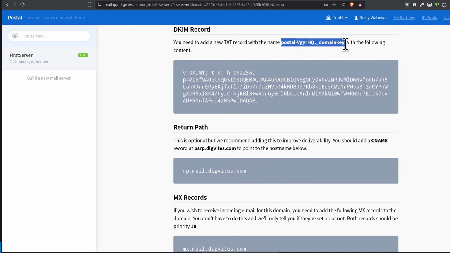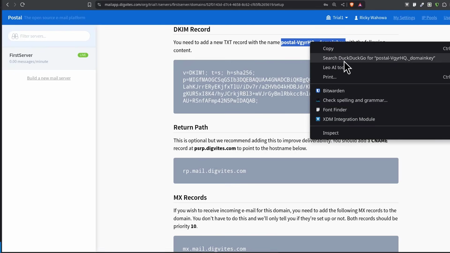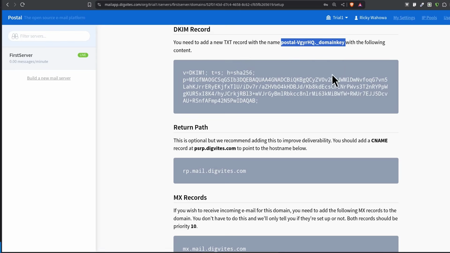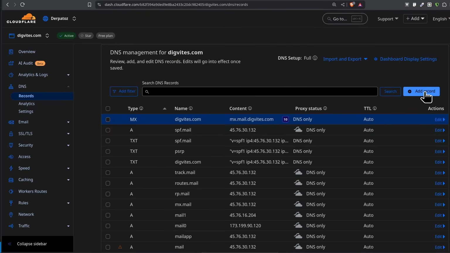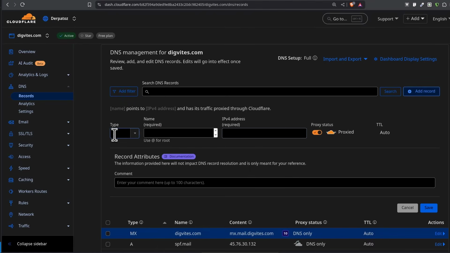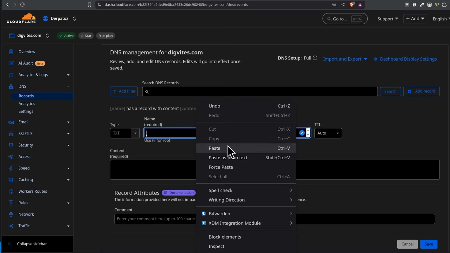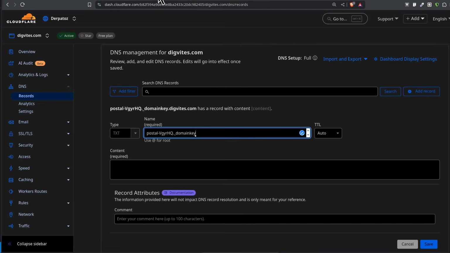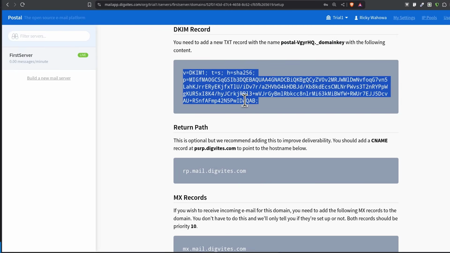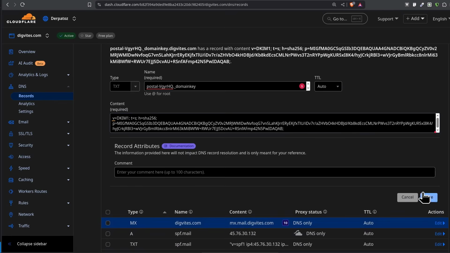So I'm going to add this domain key, copy. Let's come to that, add TXT record, paste. I'll copy the entirety of the DKIM record, Control V, enter.